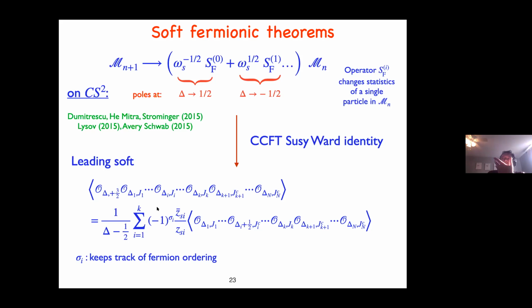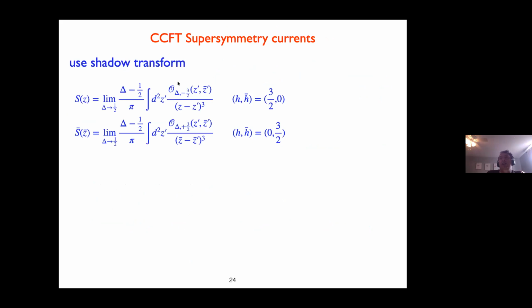In order to do this, we will follow the same idea that we followed before. We have a conformal soft operator that has dimension 1/2 and spin -3/2, but using a shadow transform, I can convert it to a supercurrent that has conformal dimension 3/2 and spin 3/2. So it's a purely holomorphic one. Or I can take the opposite spin conformally soft operator, do a shadow transform, and I'm going to get eventually